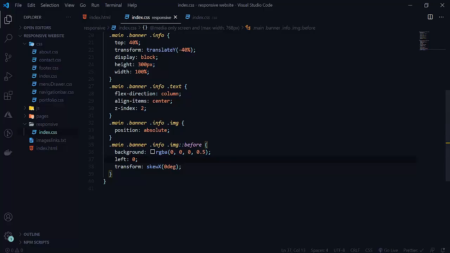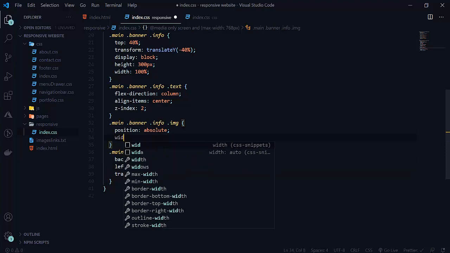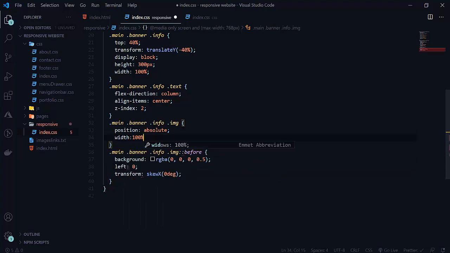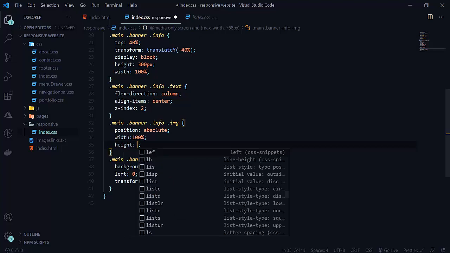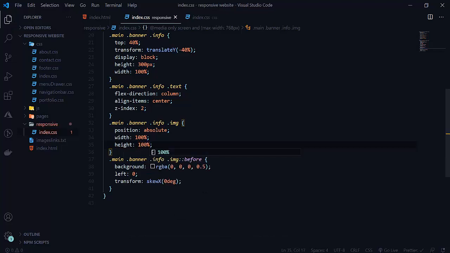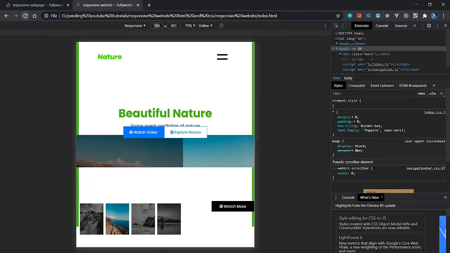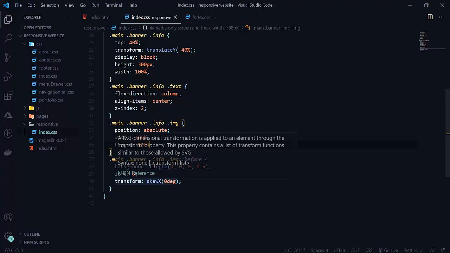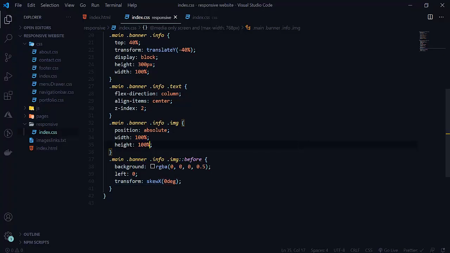so what is happening here? I think I removed something here. So here will be width 100% and height will be 100%. I think I removed z index here. I think something I did here.